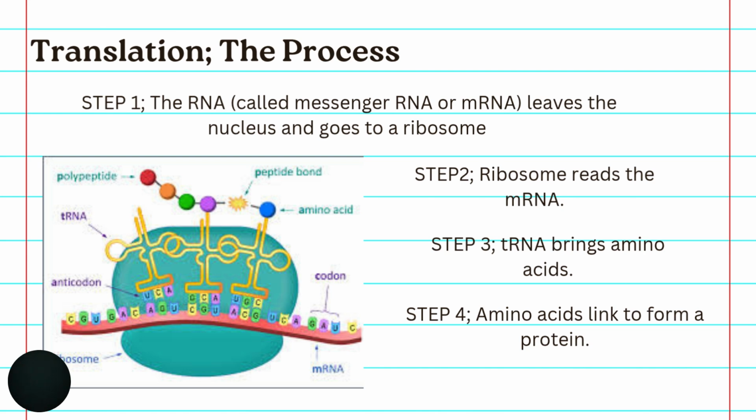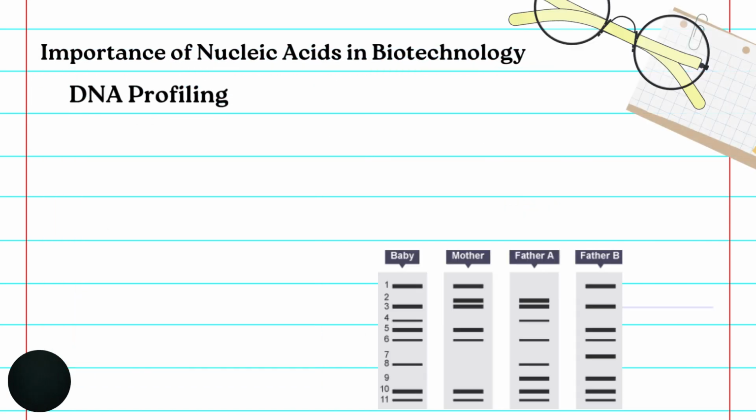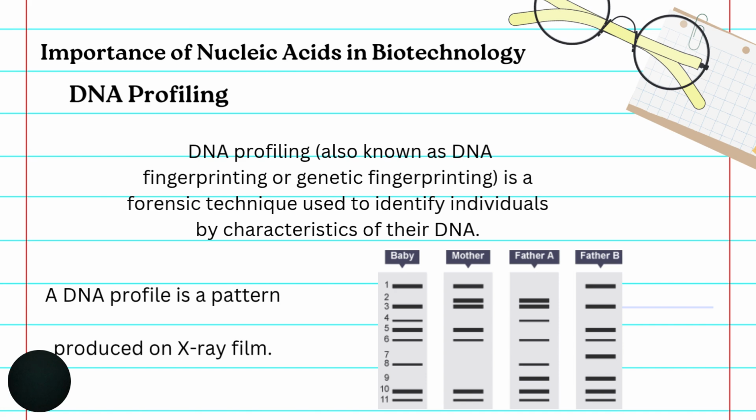I hope they do. Okay, so now let's move on and look at the importance of nucleic acids in the biotechnology industry. There's something called DNA profiling. Basically, DNA profiling is using forensic techniques to identify individuals with their DNA. You look at their DNA and you'll be able to identify individuals by just looking at their DNA. That's DNA profiling. It's a forensic technique. So when they do that, they will create a DNA